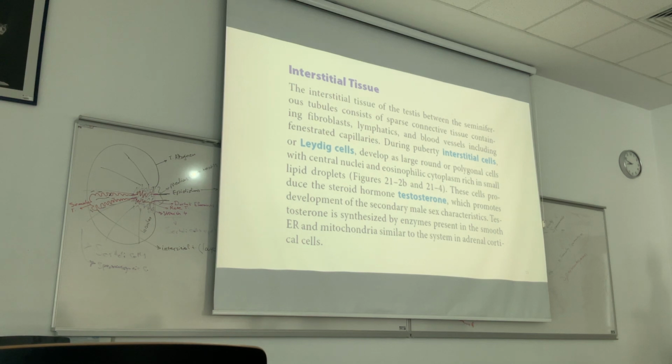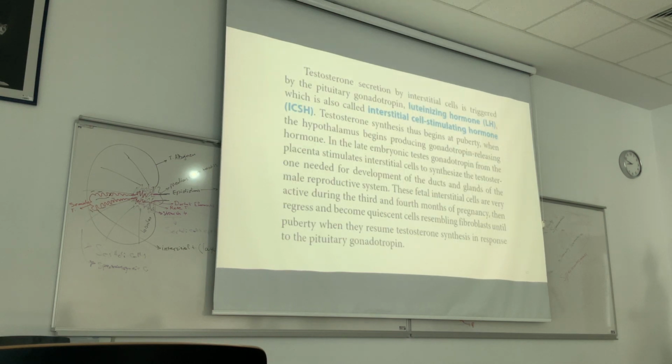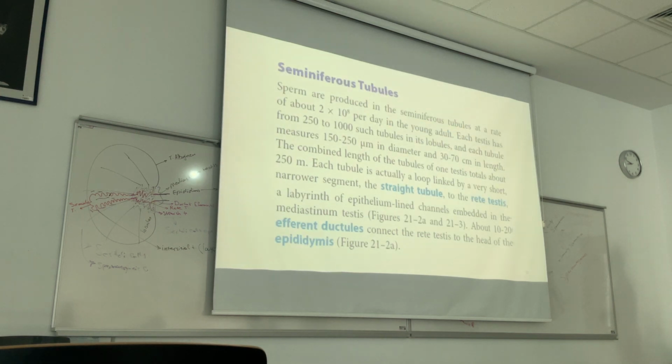And we have interstitial tissue. In interstitial tissue, our most important cells are Leydig cells or interstitial cells, which have a role in the production of testosterone or dihydrotestosterone. And as you know, luteinizing hormone or LH has a role in the induction of Leydig cells and starts the production of testosterone. The other name of the LH or luteinizing hormone in males is interstitial cell stimulating hormone. And